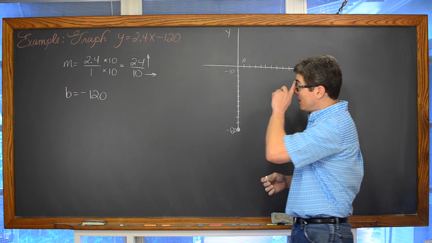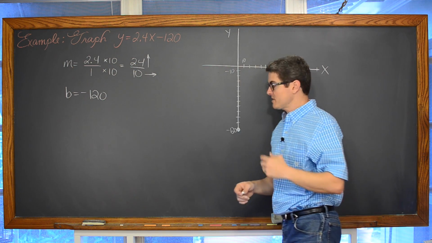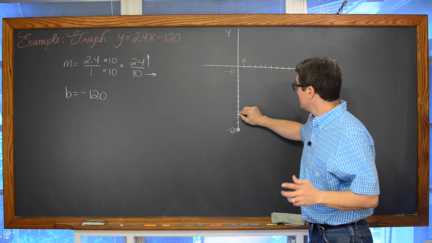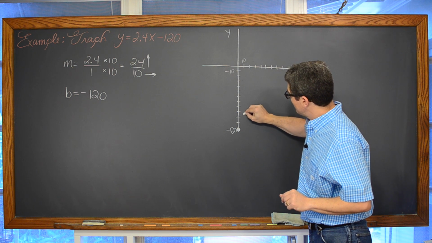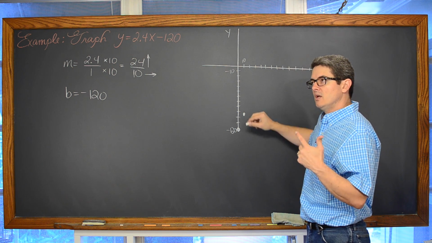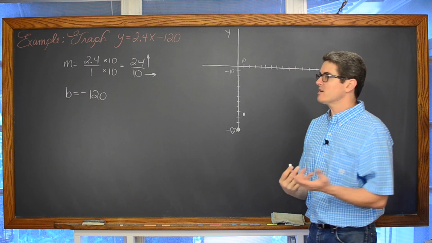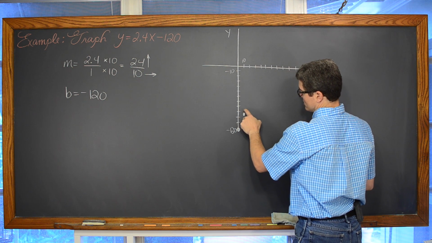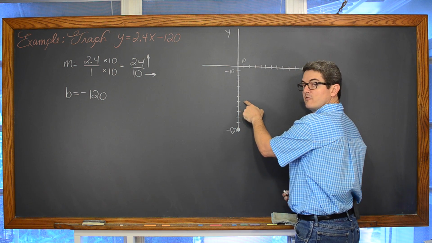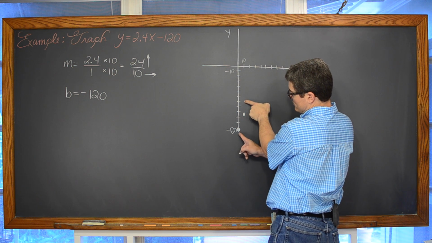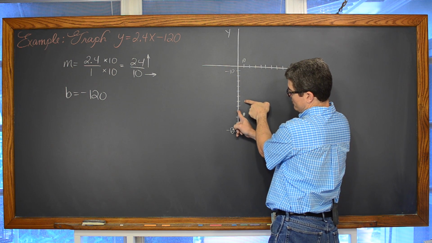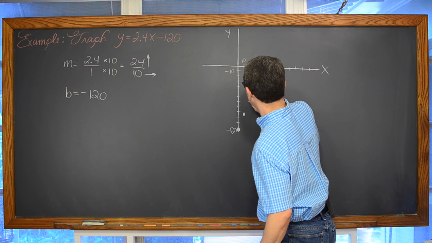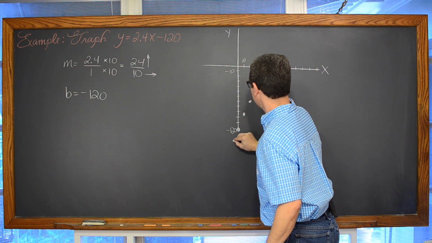And then from there, I need to rise up 24 and go over 10. So I need to rise up 10, 20, that'd be 30, so somewhere in the middle, and over 10, and put a new point, and then up 24 again. Well, 24 and 24 is 48, so approximately what? Up 10, and another sort of 4 units gets me close to 50. 24 and 24 is 48. Let's see here. 10, 20, 30, 40, 50. Yep, I seem to be in the right spot. And then over 10 again, and looks like we're about right there, and the line looks something like